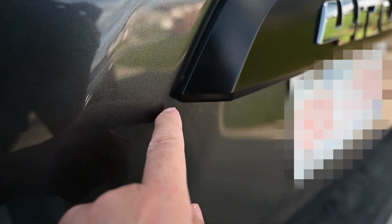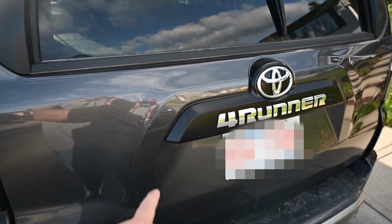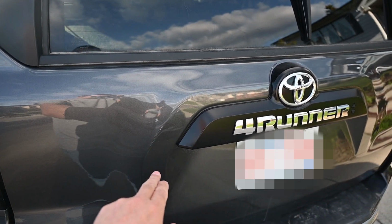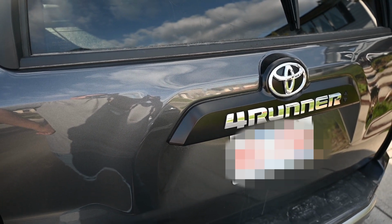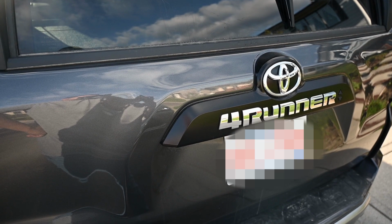And what basically is happening is this corner trim piece right here is rubbing into the paint and actually damaging it. Now, I've already taken it to Toyota and had it repaired, but the repair has already failed. This piece of trim here has already damaged the paint. I tried contacting Toyota about it. They've been silent on the issue,